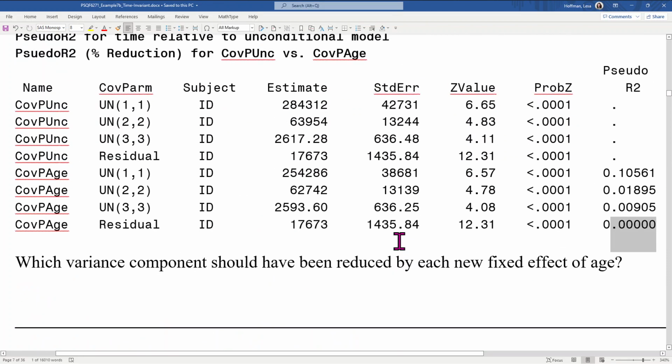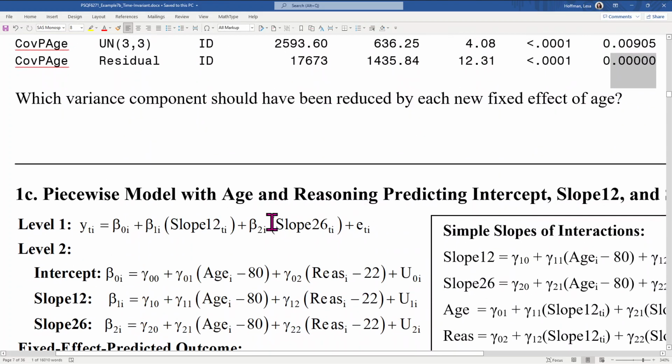And that, I believe, is where we left off. So we should be caught up to revisit this example and look at the effects of age